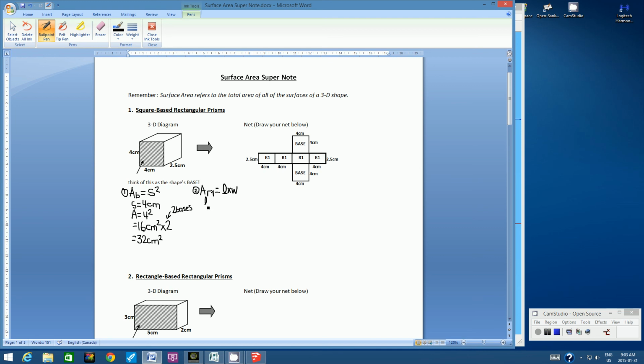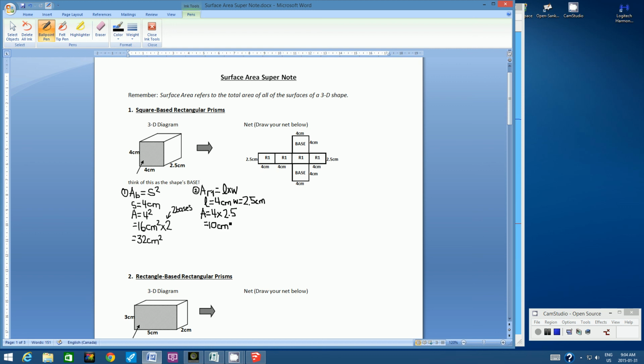All right, so what's the length of this rectangle? Well, the longer side is 4 centimeters. The width is 2.5 centimeters. Okay, try to stay ahead of me here. Our substitution line, area equals 4 times 2.5. Using our calculator, we get an answer of